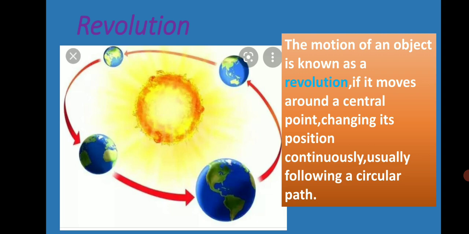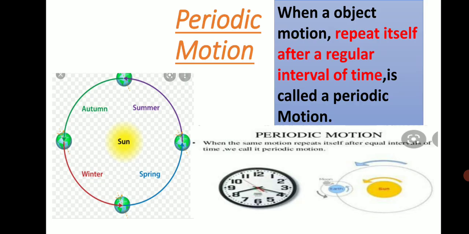Students, sometimes the object keeps on moving in a perfectly circular path. For example, if a ball is tied to the end of a string and the string is whirled round and round, this type of motion is also known as circular motion. Now,